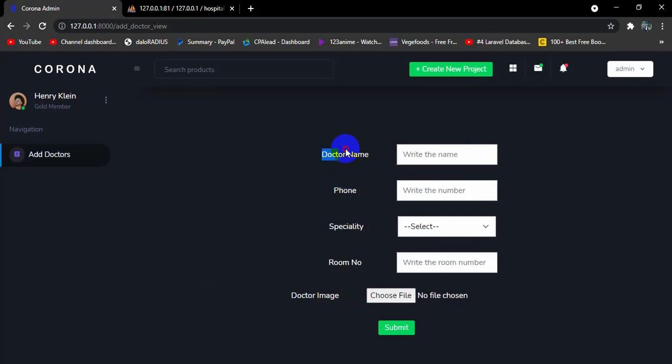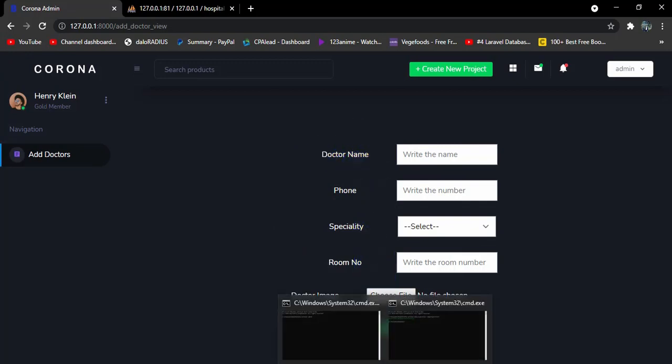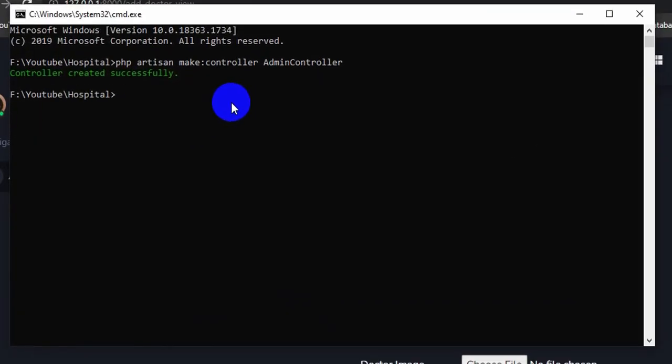Okay, now this looks better. So now we have doctor name, phone number, specialty, room number, and doctor image input field. Now let's go and create a model or a table in our database so that we can upload all those data. So for it we will go directly to our command prompt, and here we are going to say